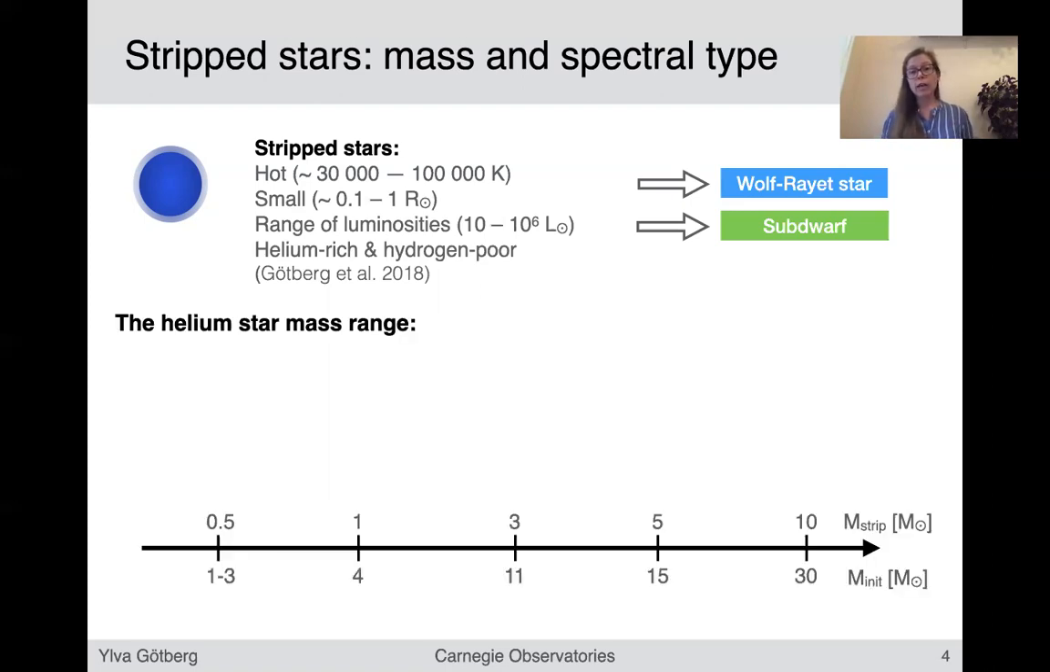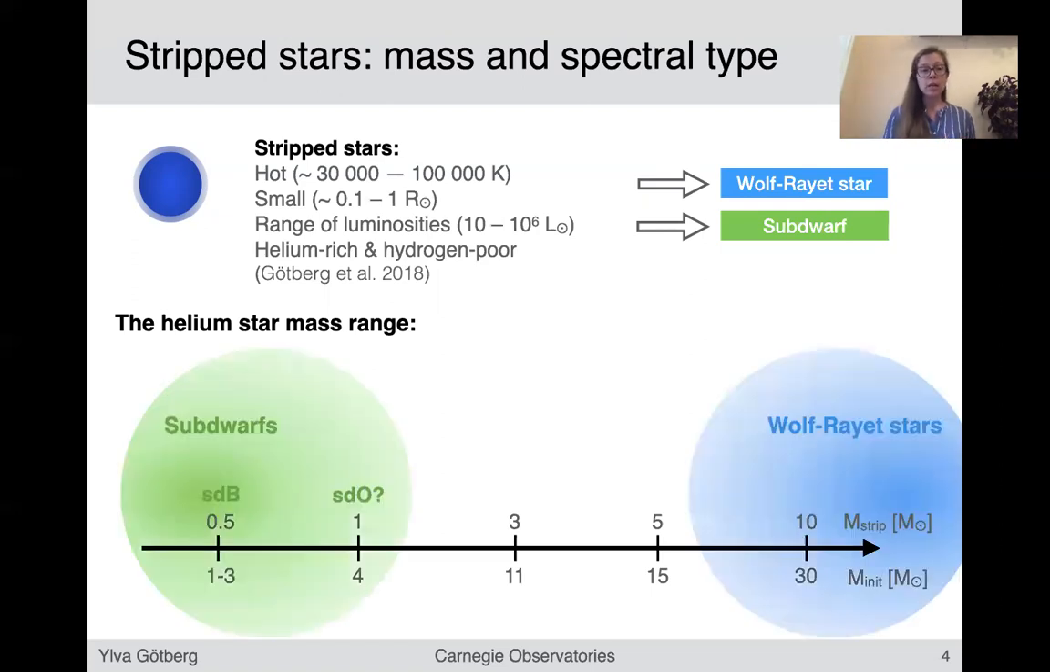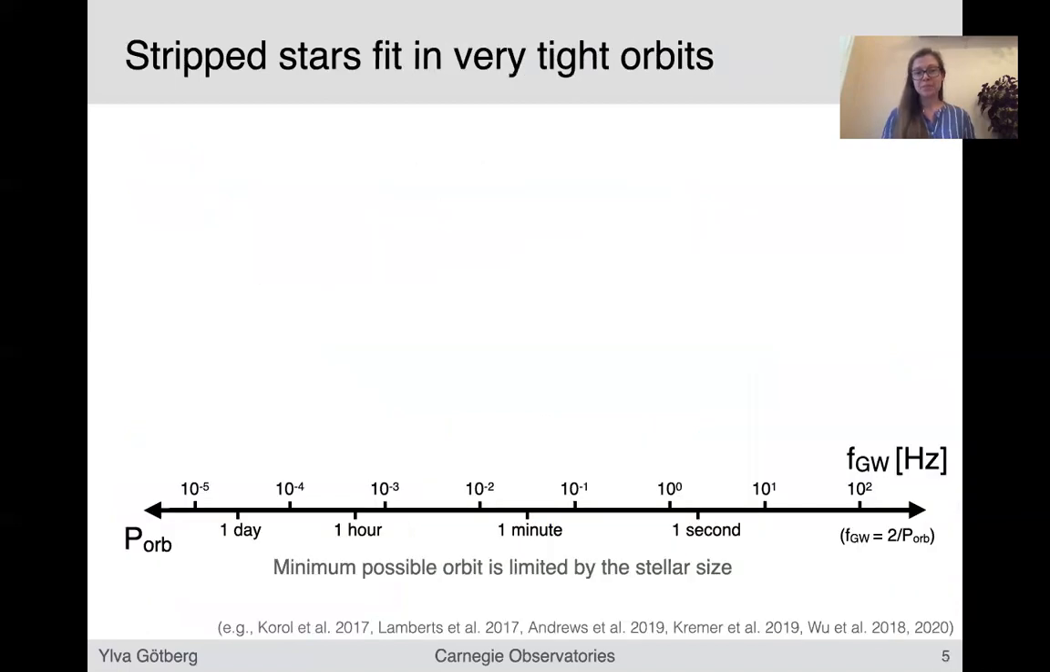So if we look at a range of mass for these helium stars, in the low mass end, there are the subdwarfs, at the high mass end, there are the Wolf-Rayet stars. In between, binary evolution predicts that there should be an intermediate mass type of stripped star. And that I spend a lot of time working on, but I will not focus very much on them today. Now, since these stripped stars are very small, they fit in very tight orbits. If we compare to other